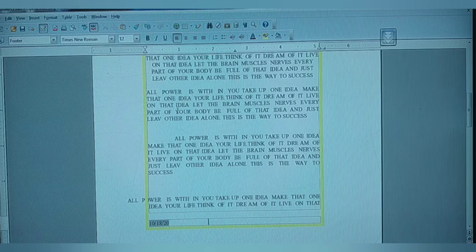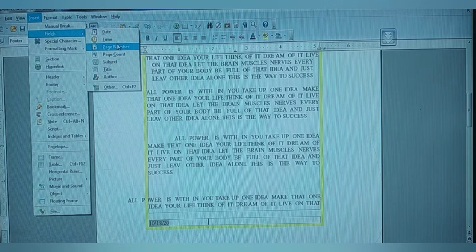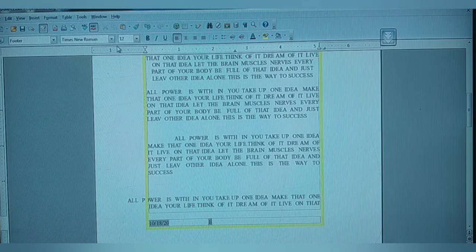Yes, this date, the background color, it is having gray color. So the date is displayed. Again, we can have the next one. It is your Insert Fields. We can have the page number. In the footer part, what else are you having? Everything is displayed with a background color of gray.